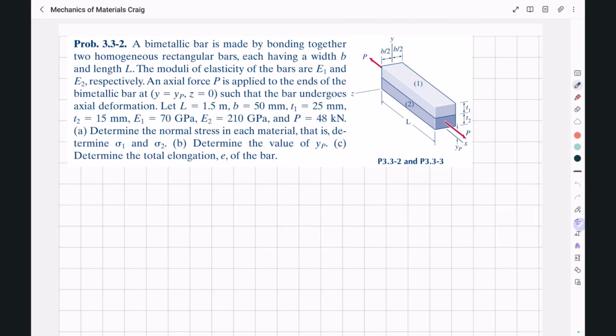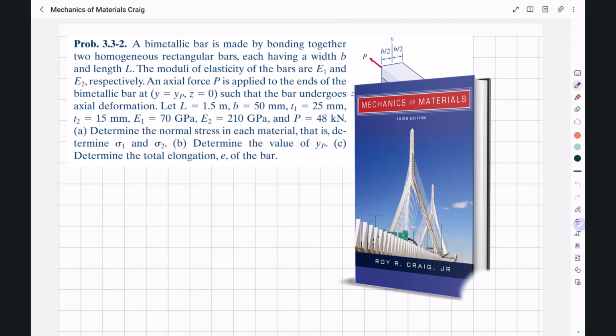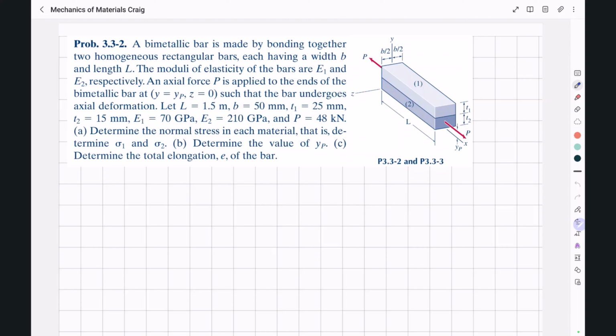Today we're going to solve a question from Craig's Mechanics of Materials or Solid Mechanics on the topic of axial deformation for non-homogeneous cross-sections. But before we read the question and solve it together,